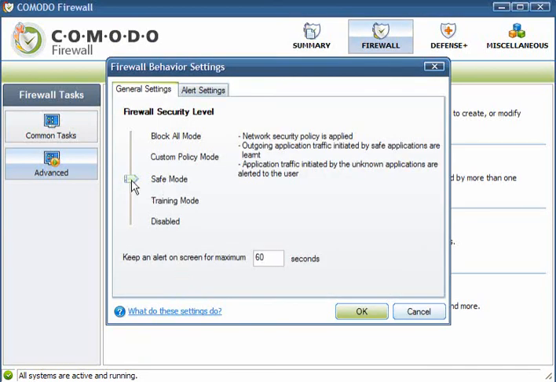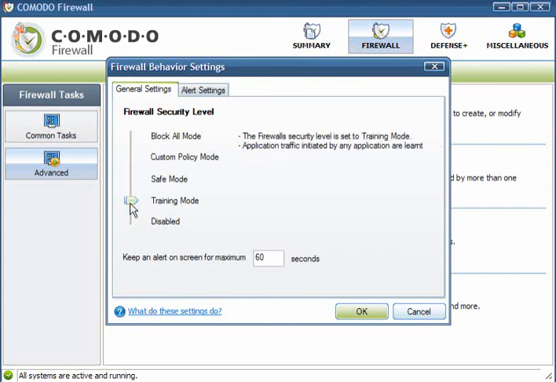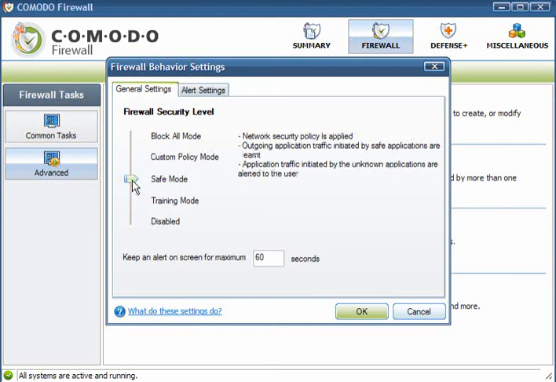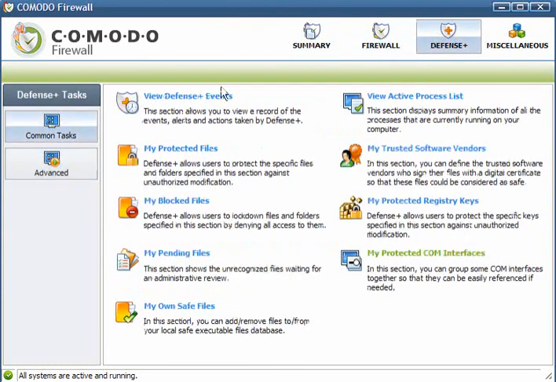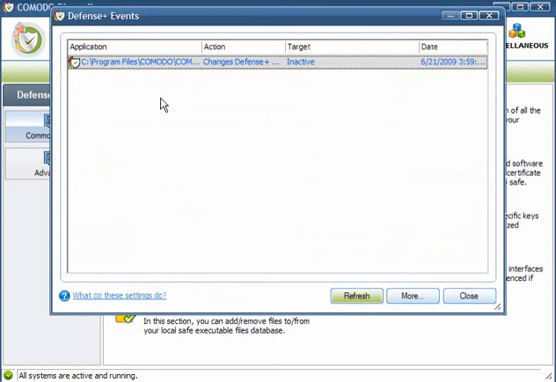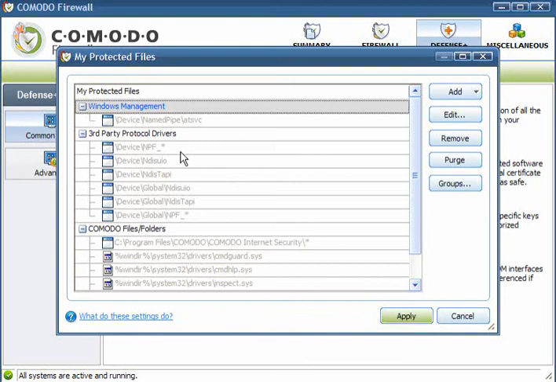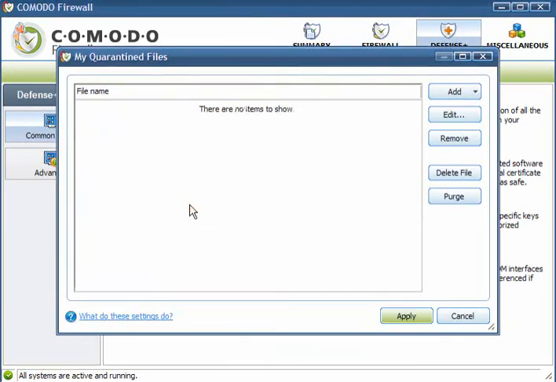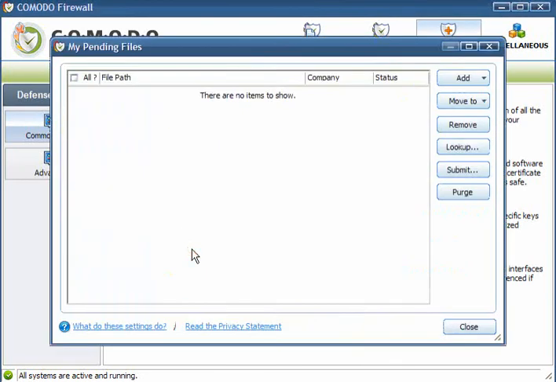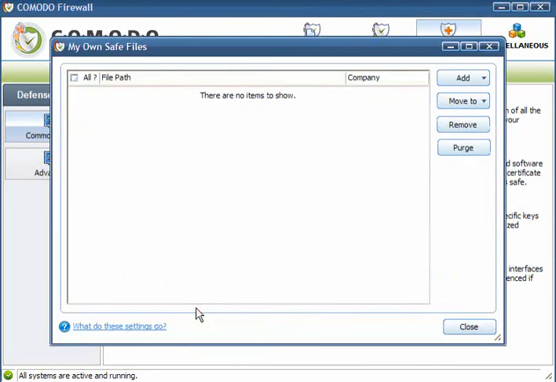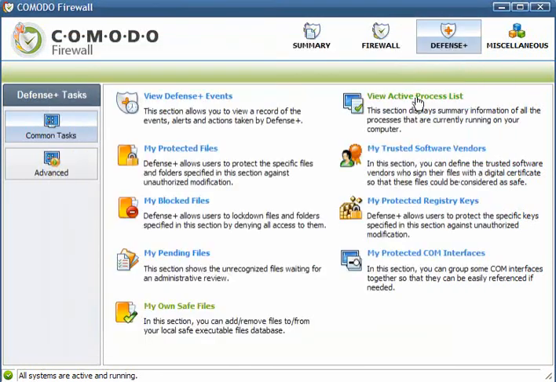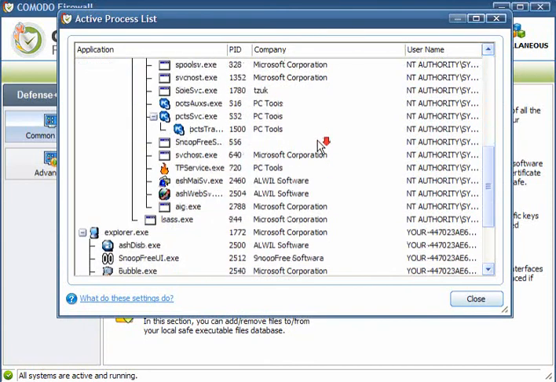Firewall behavior, safe mode, that's the default mode and it's the easiest mode to use. Training mode, you will get a few more pop-ups. You can select a custom policy, play around with it if you're going to use it, but the default settings are very good. Now on the defense, this is inactive because I am not using the antivirus, but it shows you your protected files, your quarantined files, your pending files, your own safe files, active processes which you can run down through,